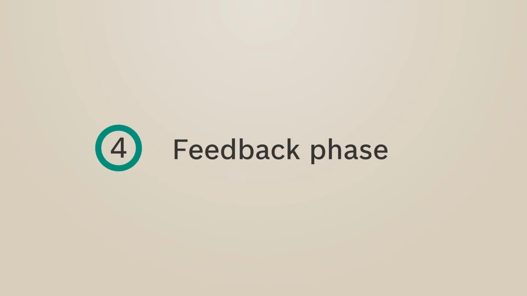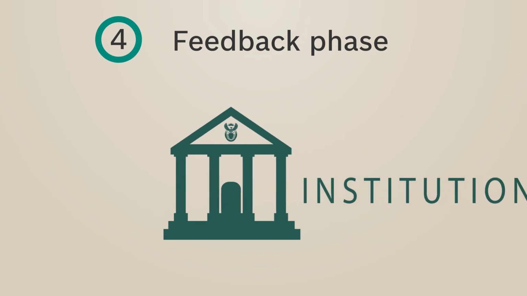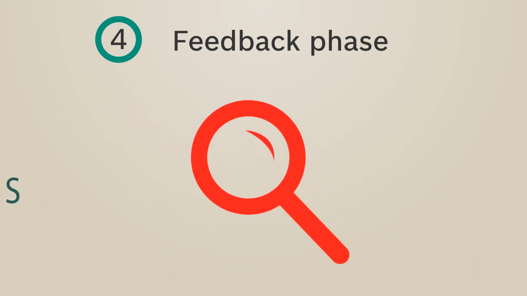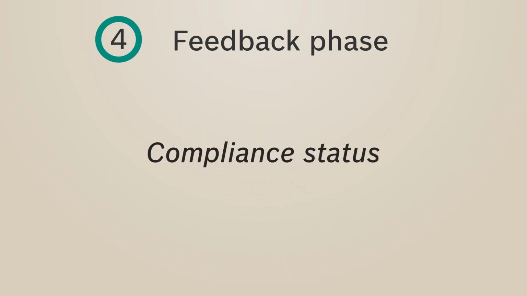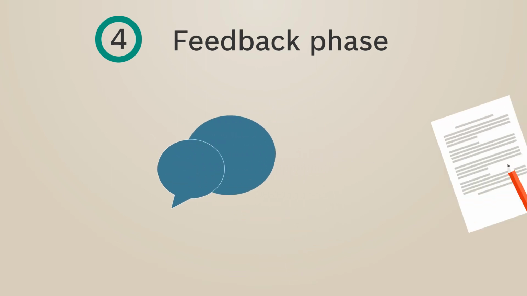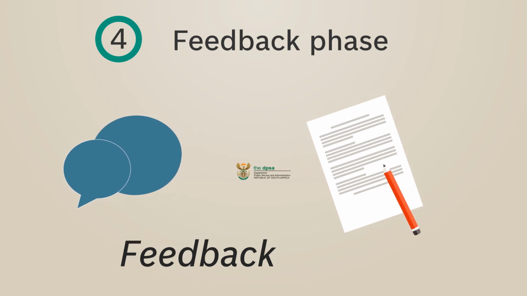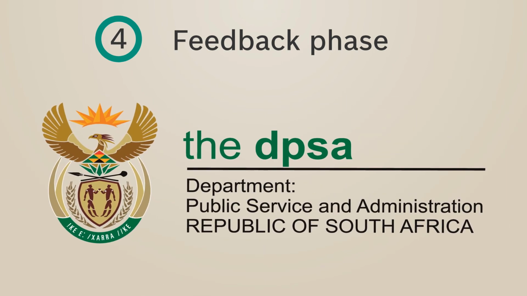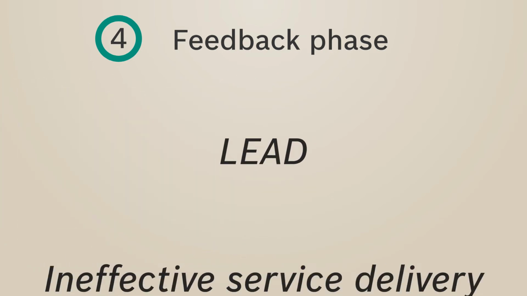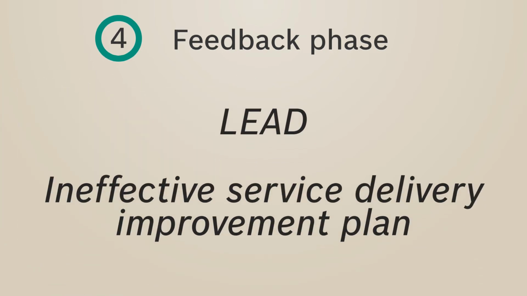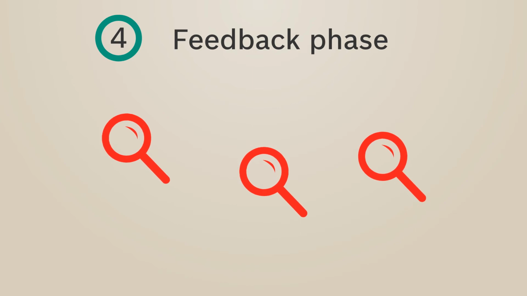The next phase is Phase 4, Feedback Phase. This is the phase where institutions are informed of the findings of their Service Delivery Improvement Plan quality and compliance status. Both verbal and written feedback will be given by the Department of Public Service and Administration in order to raise areas of concern that might lead to an ineffective Service Delivery Improvement Plan and overlooked critical areas in the